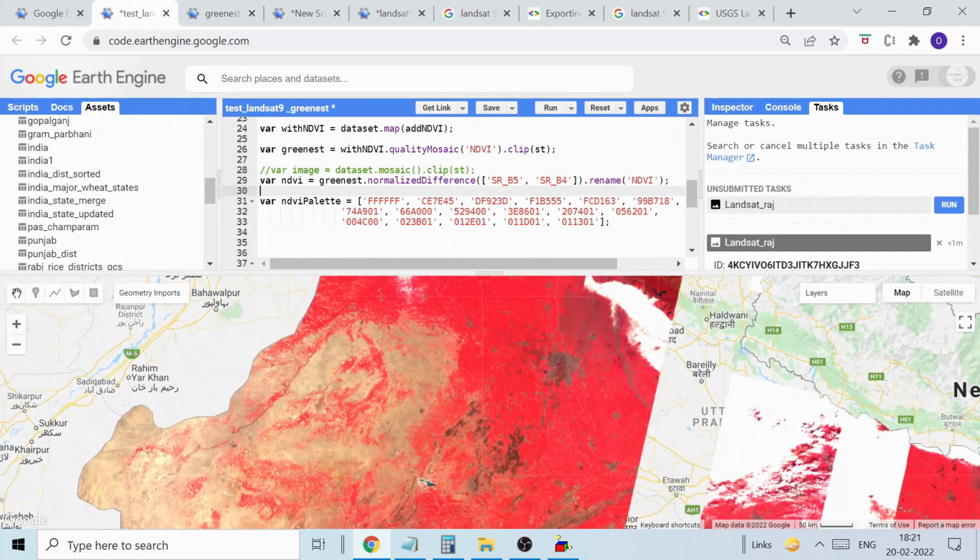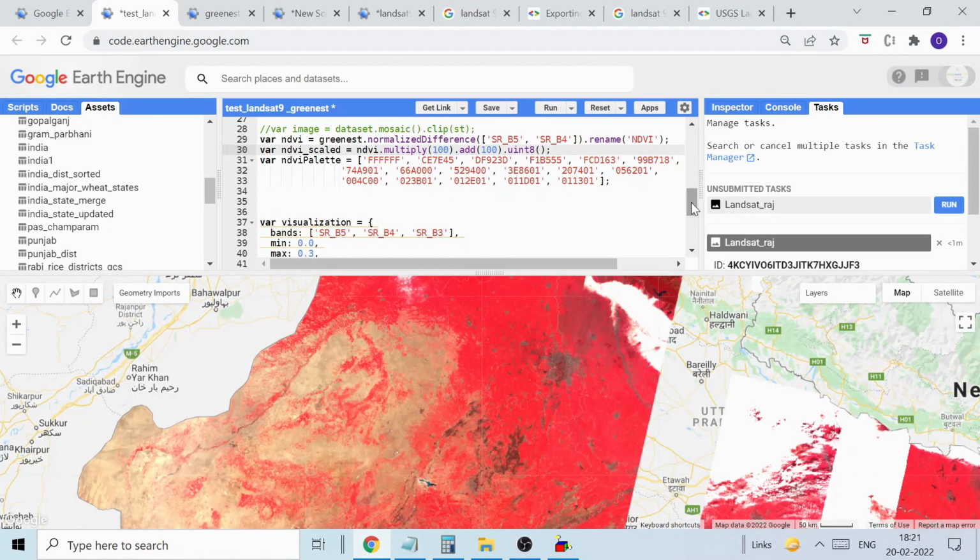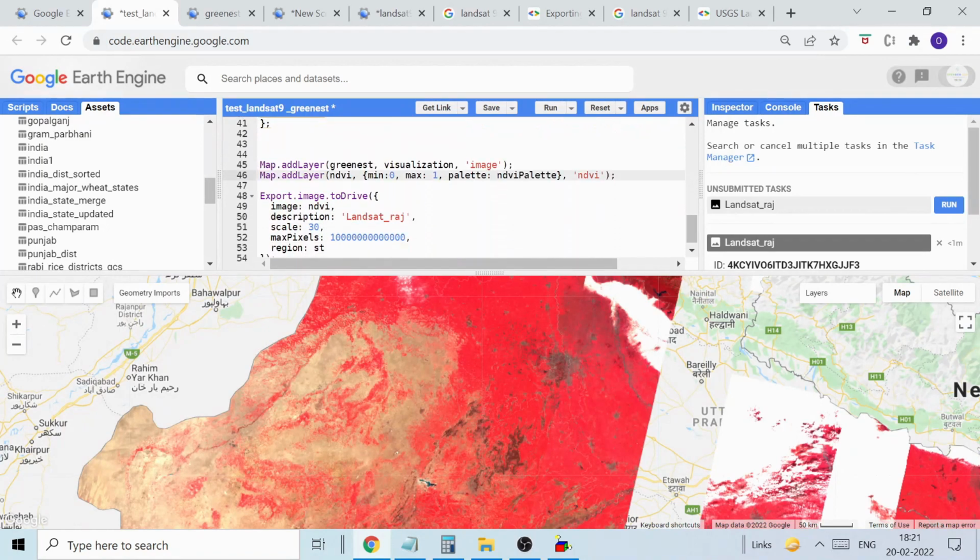You can create scaled NDVI, sorry, let me just paste it: NDVI dot multiply by 100 plus 100, unsigned 8-bit. After that, under visualization you can change it to NDVI underscore scaled, and your values will be minimum 100, maximum 200. So if you run this,